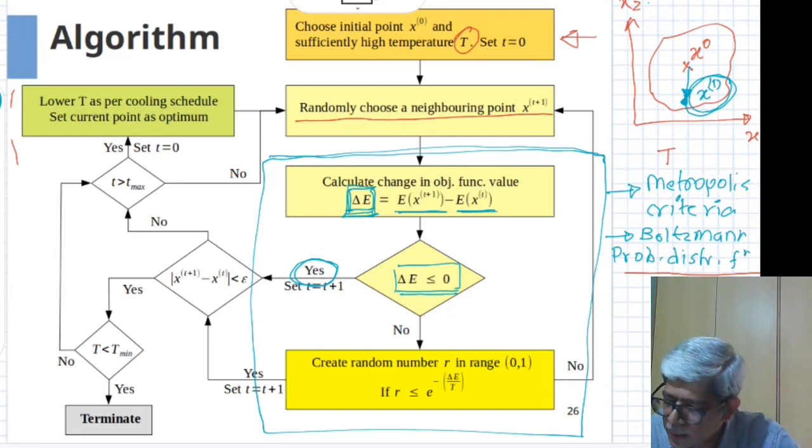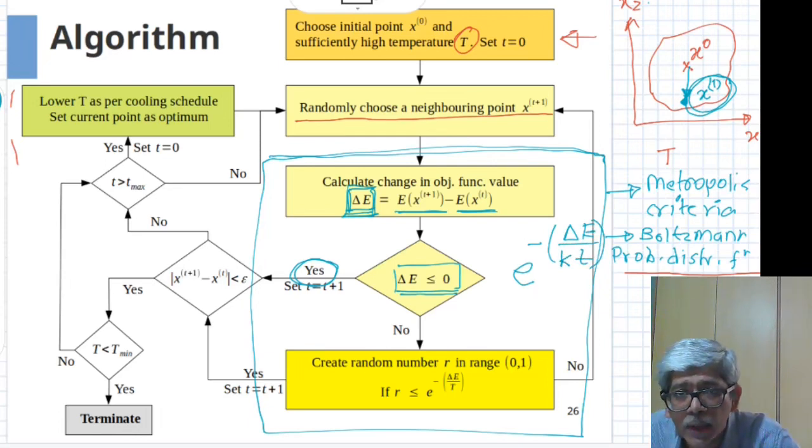So it is selected as per a Boltzmann probability distribution function. That function is, I will just write it for your sake, it gives e raised to minus delta E divided by k times t. So this is the actual Boltzmann probability function. It is based on the thermodynamic equilibrium equation, and here the k is known as Boltzmann constant. However, for our discussion purpose, this constant is not required in our analysis.